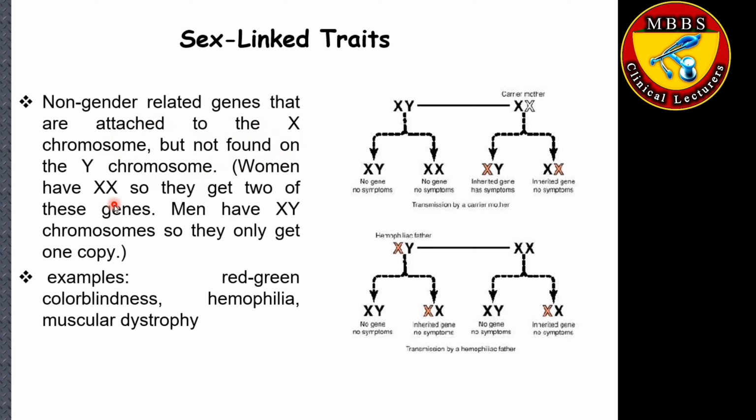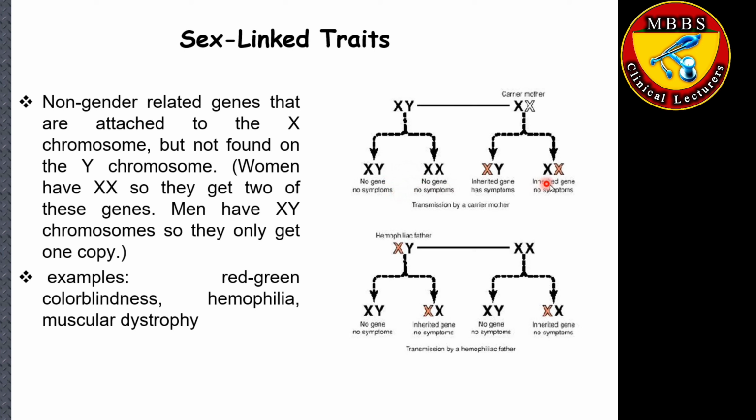Women have XX, so they get two of these genes. Men have XY chromosome, so they only get one copy. So just focus over here. You can see this is the male and this is the carrier female. Carrier means one X is normal and one X is affected. So when this normal male is mated with a carrier female, we again draw the Punnett square, and what